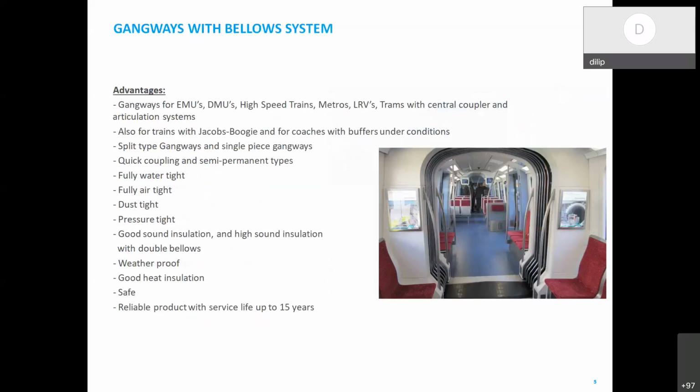Now what we see in metro coaches or in train sets is the flexible gangways with bellows system. Here we are seeing the interior part of the gangway. These serrations are basically bellows. They have a silicone rubber element bonded by metal bonded rubber items. They are used generally in EMUs, DEMUs, high speed trains, metros, where the train configuration is fixed, where we